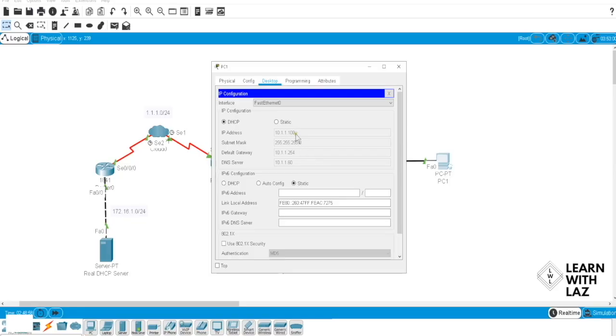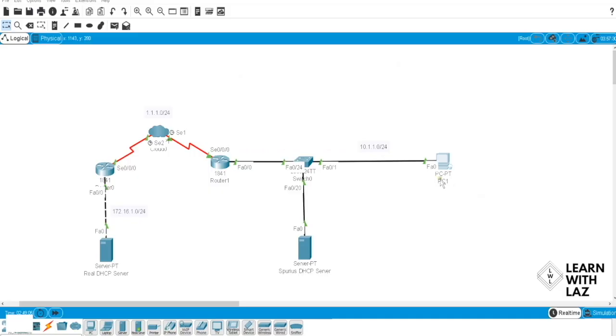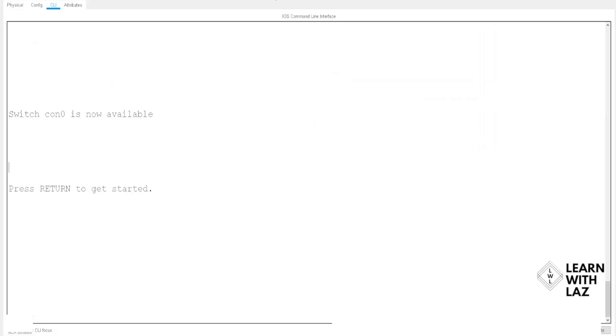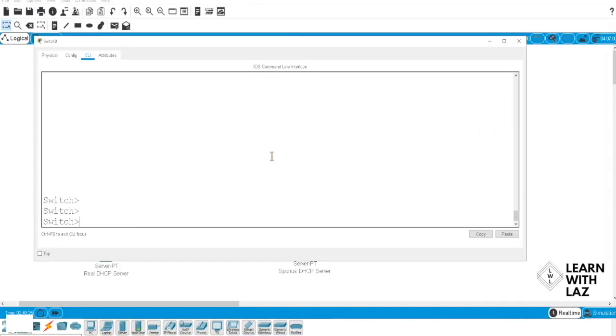It gave me 100 actually. And the DNS server, I changed the DNS server to 60, whatever. So the DNS server is 60. Okay, so now I am getting an IP address from the real DHCP server instead of the fake DHCP server because we went ahead and turned on